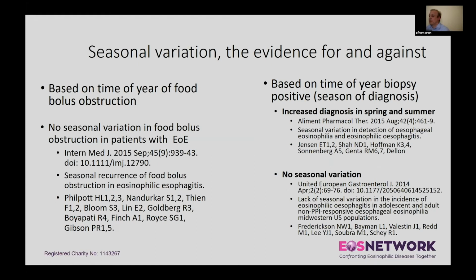Now, in terms of research to look at it, it's quite difficult to tease out what's going on, because these patients get variable symptoms. It's hard to diagnose the inflammation because they need an endoscopy and biopsy. We know symptoms don't correlate with disease activity. So there may be patients who say they're fine during the pollen season, but if you biopsy them, they may have a lot more inflammation. That data is difficult to get hold of. Some studies have looked